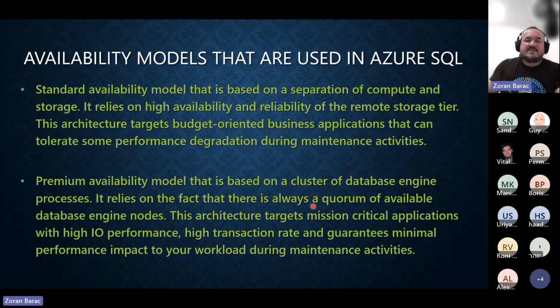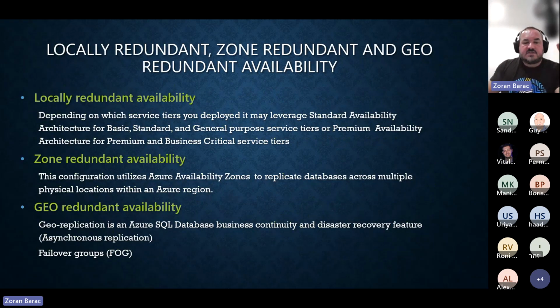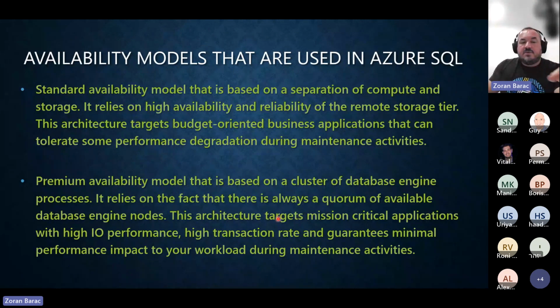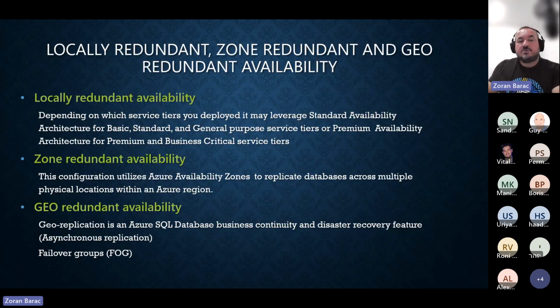It's actually working the same as the HA you would have on your dedicated machine. So it's availability in the full Windows failover cluster kind of way. Although it's not the same, because there is Azure Fabric in the back, which dictates when the failover is going to happen on the basis of the healthy status of your node. But the final result is exactly the same, and it's fully synced. So they basically behave the same as what you have in your HA availability. This is for a mission critical application with high performance. It's 1 to 2 milliseconds latency, so it's quite fast because of the directly attached SSD.